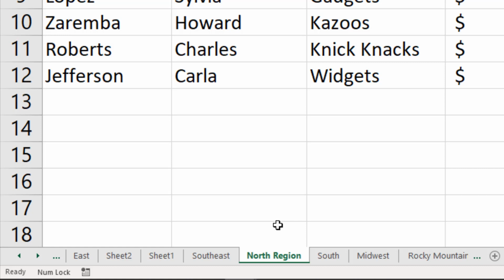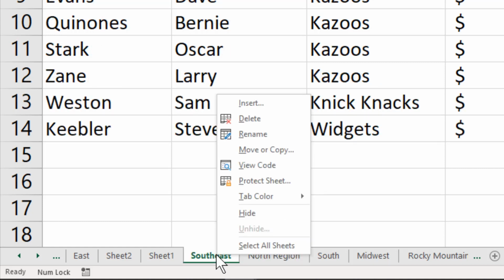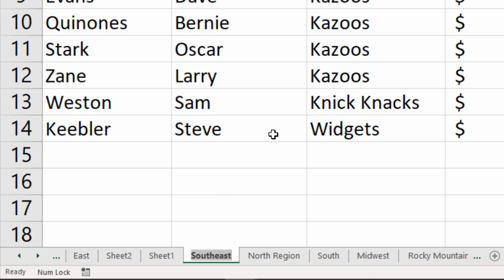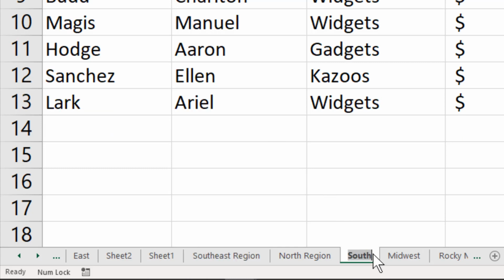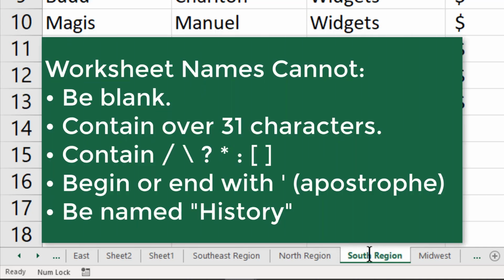You'll probably find it's a lot faster to skip the ribbon altogether and simply move to the Worksheet tab. And from here, one option then would be to right-click, choose Rename. Or, even faster, move to the Worksheet tab, double-click. It's important to remember that worksheet names cannot be blank,